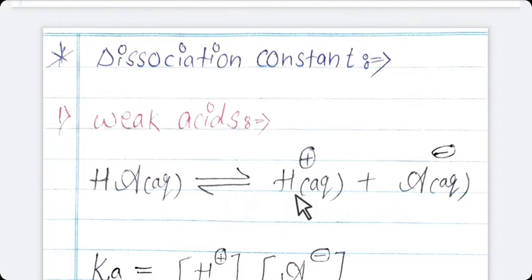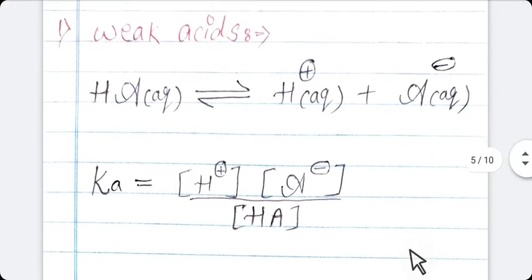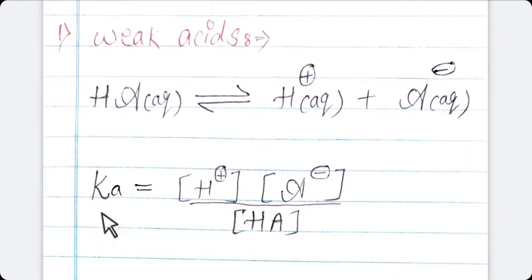As it is the acid, it produces H plus ion in aqueous solution and plus A minus ion. This is the general reaction for weak acid. Now, the equilibrium constant called acid dissociation constant, it is denoted by Ka. Ka means acid dissociation constant,